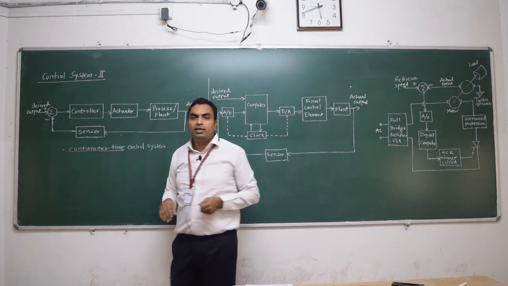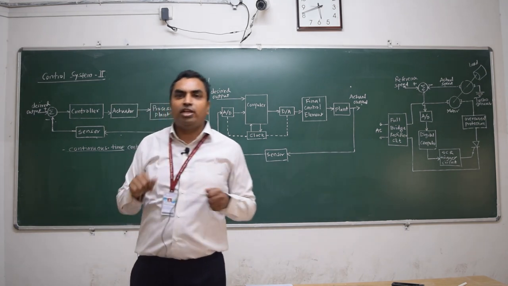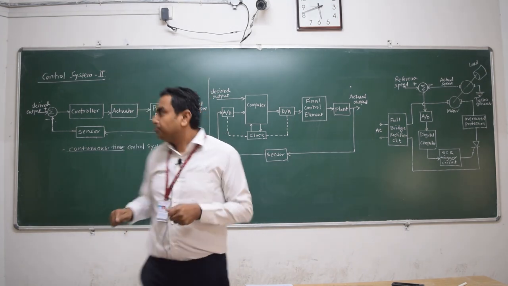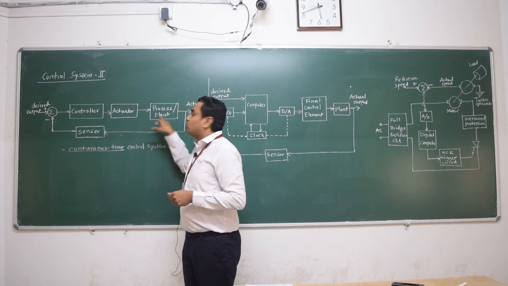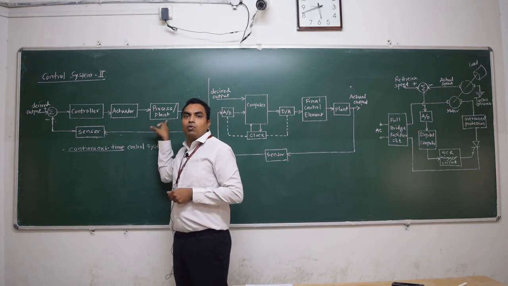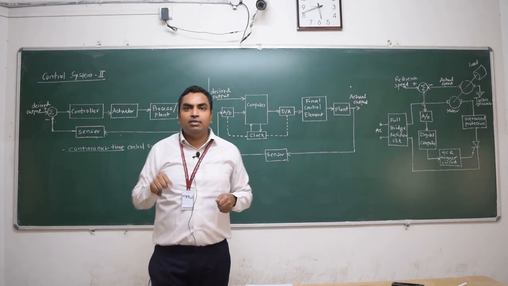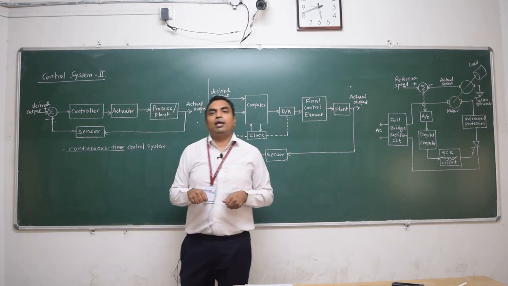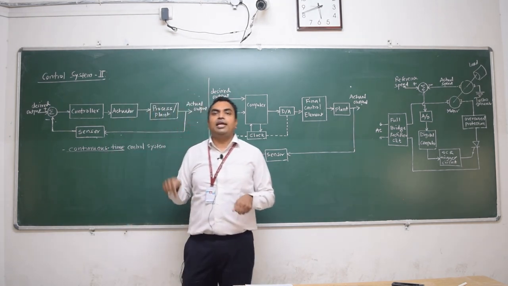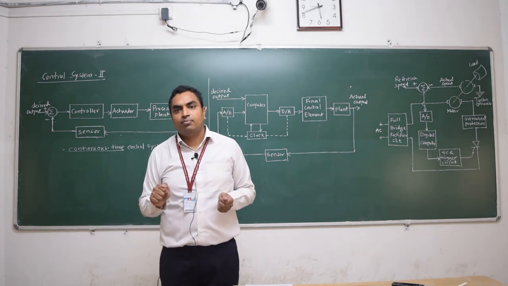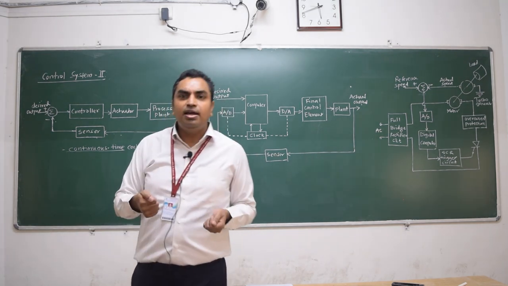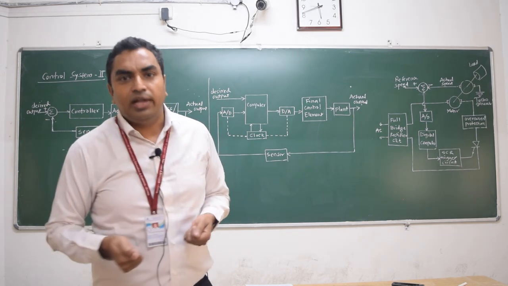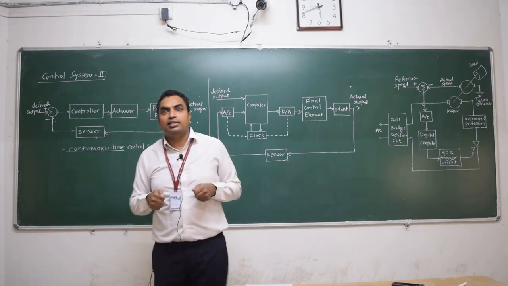And what is an actuator? An actuator is what provides input to the plant. So in that case, if I want to decrease the speed, what is the actuator? I need to apply brakes. So legs are my actuators in this case. If I want to decrease the speed, I need to apply the brake.